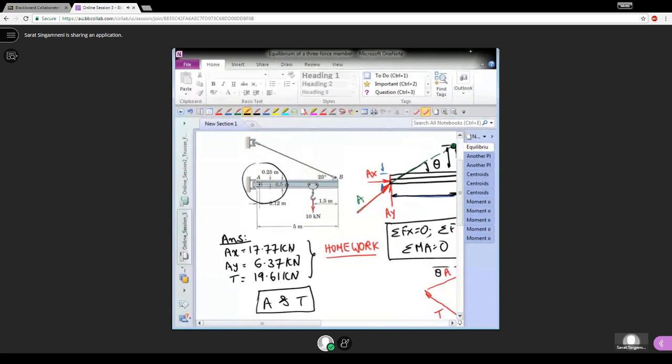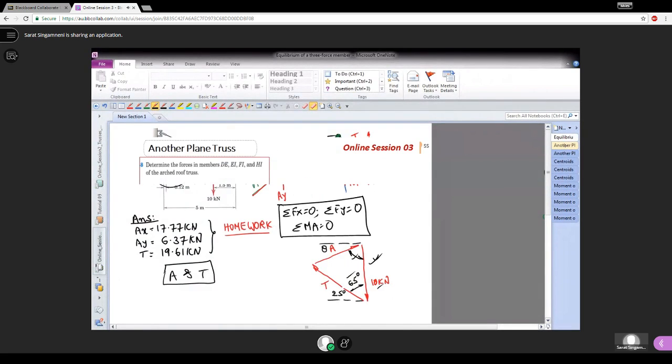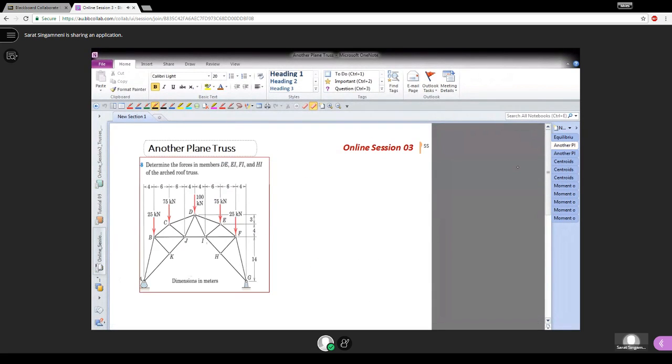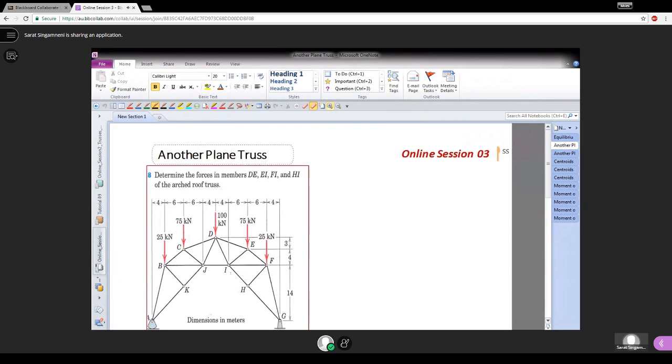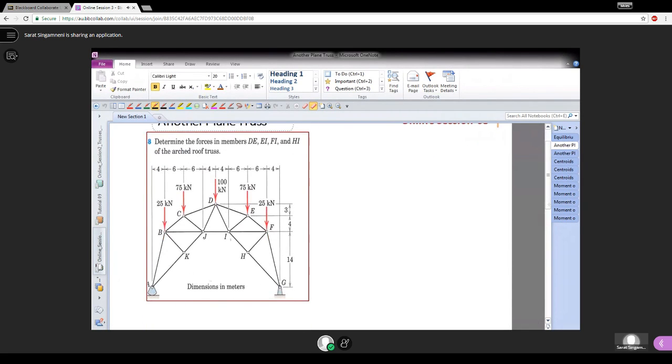I'll go to the next problem. This is a truss problem I brought in. I will also come back to this truss problem towards the end because I want to complete the other two topics first. I will come back to this later on. So first what I will do is